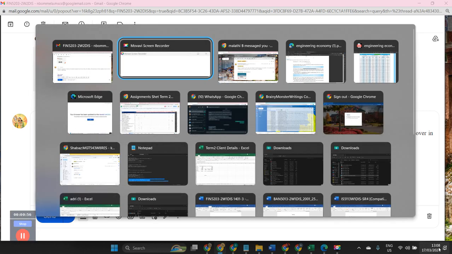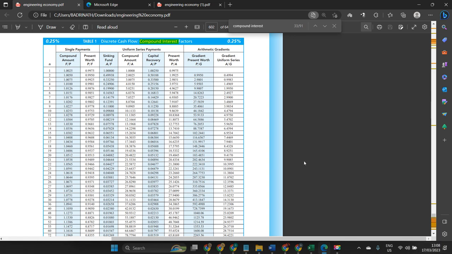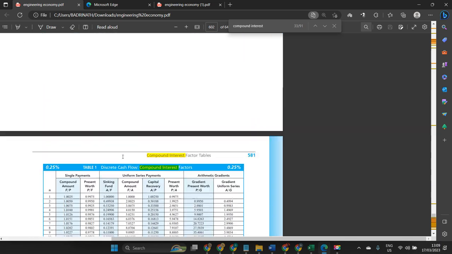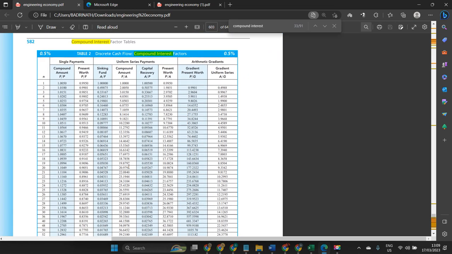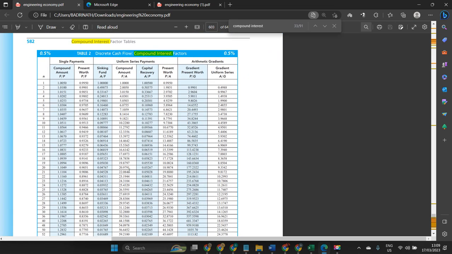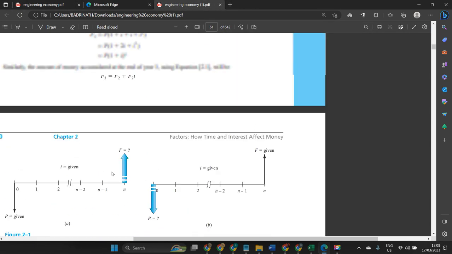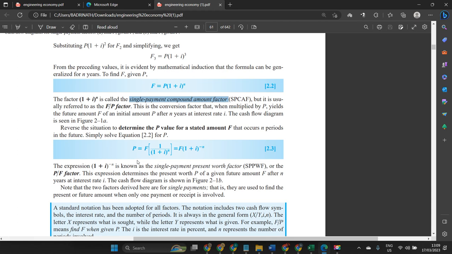So compound interest factor tables are given at the end of the textbook like this. These tables are useful in calculating factor values that are used in the calculation part. Say, for example, in chapter 2, 2.1, there is a term called single payment compound amount factor. I want to calculate this for the purpose of calculating compound amount. If I want to calculate that, I will be using a formula like this,